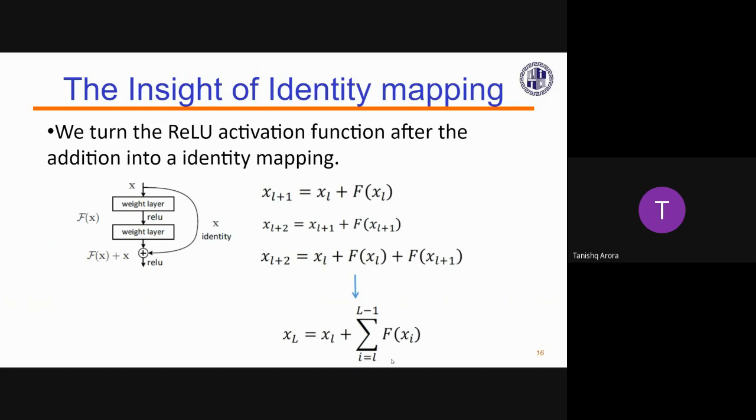So x[l+2] would be generated in terms of x[l] and x[l+1]. Similarly, coming on to the last layer, x[L] would be generated in terms of the summation of all the previous layers. The previous layer function has already been found. So there occurs a shortcut path in between them. From x[L], we can express it in terms of all the functions using that shortcut path.